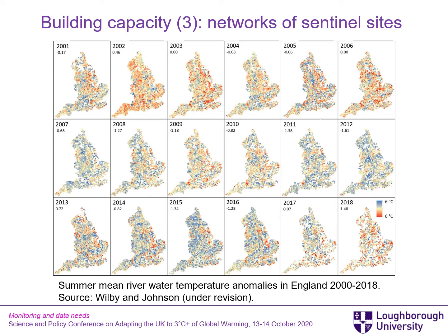In some cases, we may be able to draw upon massive data archives that already exist but haven't been processed necessarily with climate risk and adaptation in mind. And here, for example, are maps of the surface water temperature monitoring network for England since 2000, showing not only the number of sites but the temperature anomaly here in summer. And this sort of information can be used to identify so-called sentinel locations, places where we expect